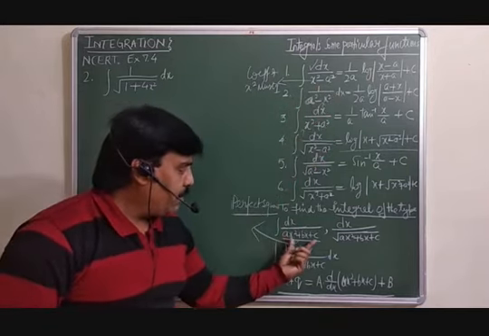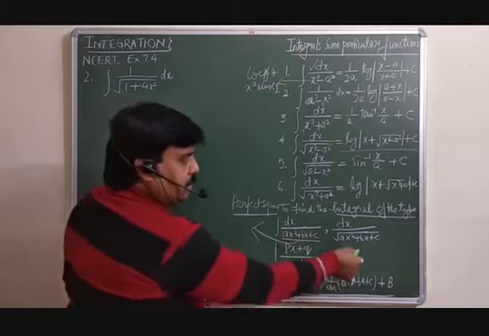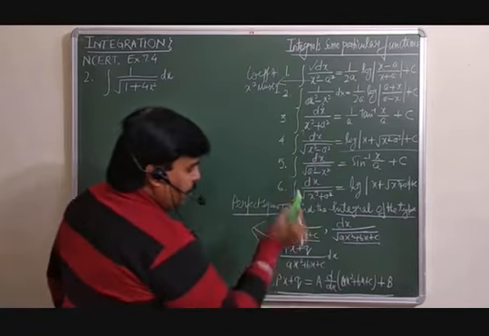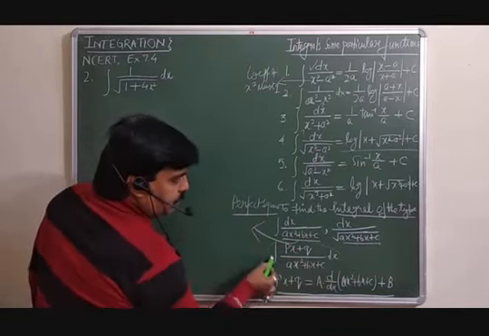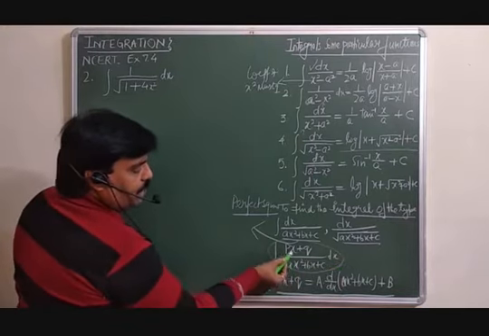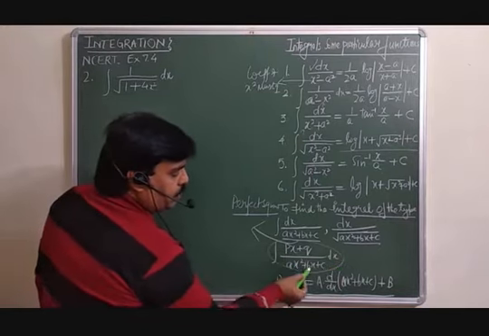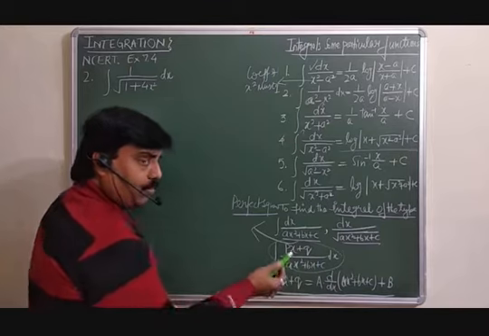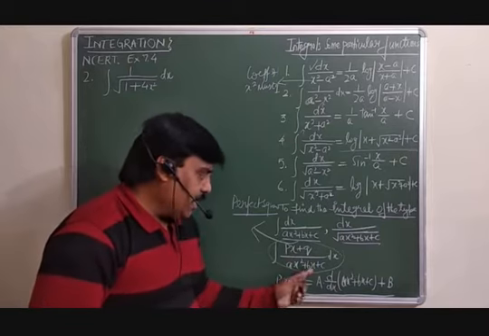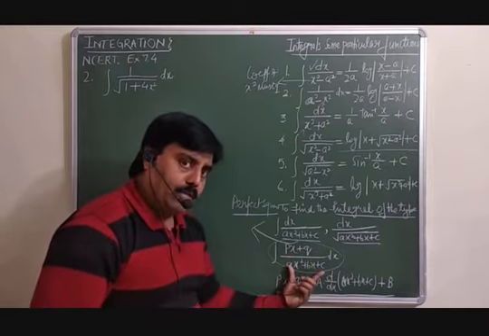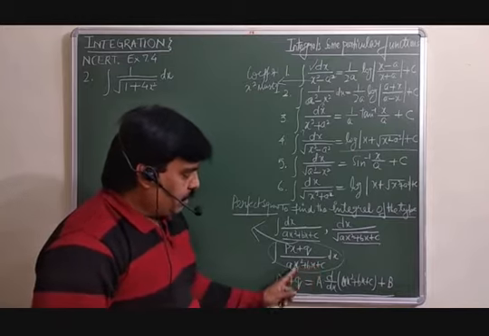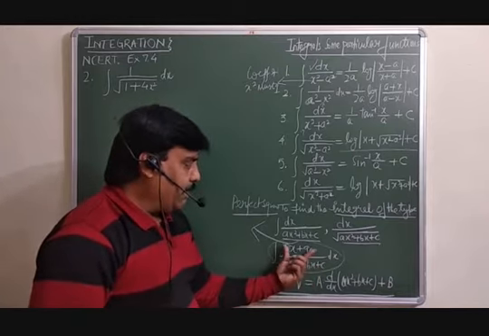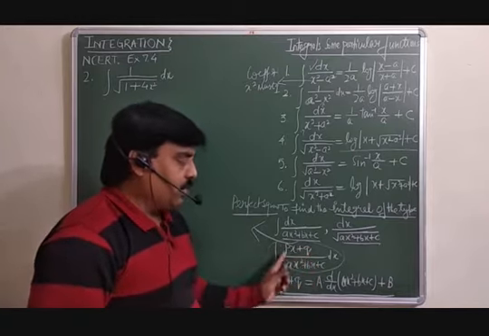That depends on what function is given. Similarly, this one can also be done. But sometimes your question is of the type px plus q over ax square plus bx plus c. One of the ways is that if the derivative of the denominator is in the numerator, you can apply the substitution method by supposing the denominator is equal to t, and its derivative is already given, so you can change it.